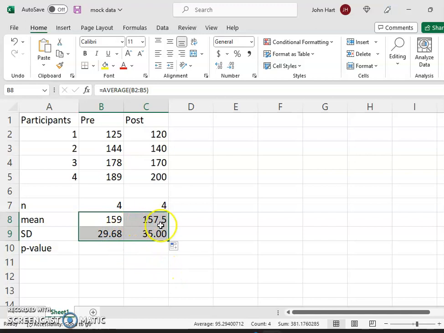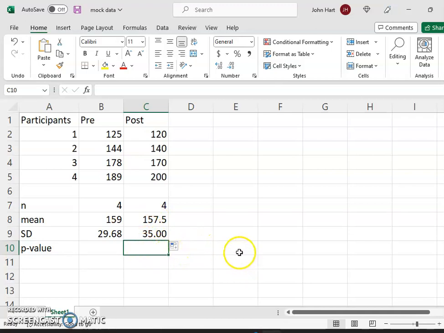So we can see the weight went down 1.5 pounds, and the p-value will park our answer over here. Only one p-value, otherwise there's 2 sets of summary statistics, one for each sample, but the p-value is not just for one of the samples, but it's the difference in the means, probability that the difference happened by chance. And anything below 0.05 probably did not happen by chance, and it's due to something else, like the diet treatment